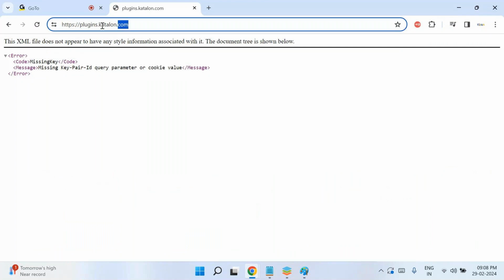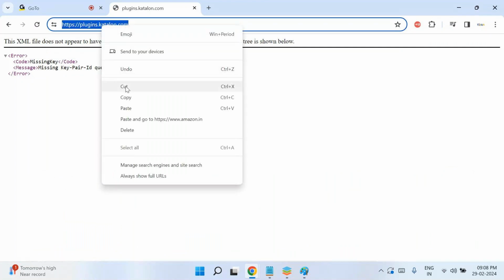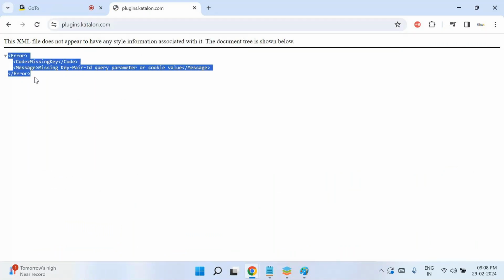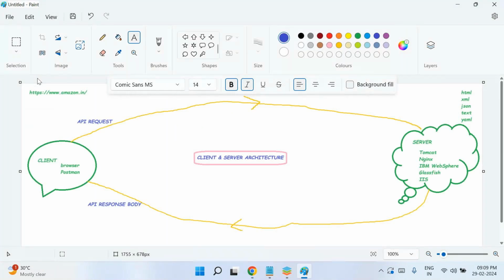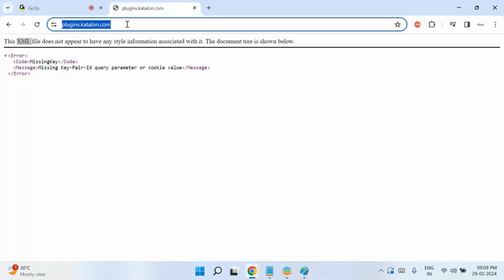So this is also one request which I submitted on the browser. And you see I'm getting some message here which is in XML format. You can see, this is an example of a request where the response is coming in XML. Okay, this is one more example I have. And if you want another example, I can type something like